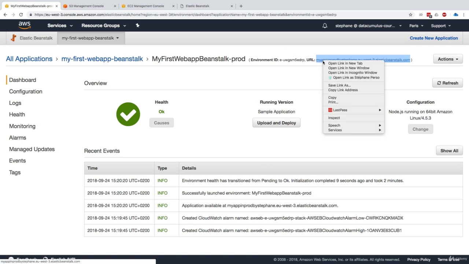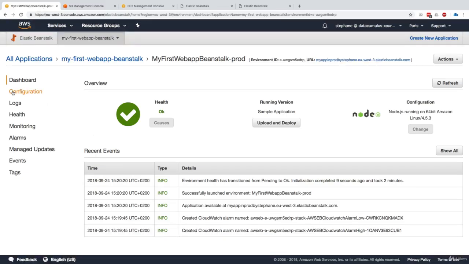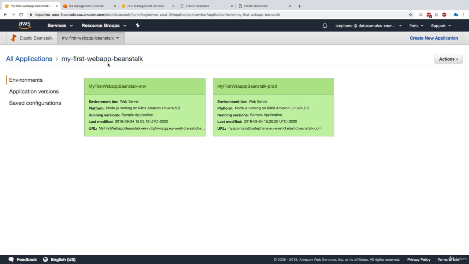And obviously, we get this URL that we have created from before, and so I can access my app using this URL that I've set up from before, my app in prod, and we get the exact same output as before, except now we have a load balancer and EC2 instances. Obviously, you can edit the configuration clicking on here, and we won't do it. And if you go back one up, now we can see that we have 2 environments. We have the dev environment, what I call dev environment, and we have the prod environment on the right-hand side, and they're a bit different in terms of how the application got deployed.